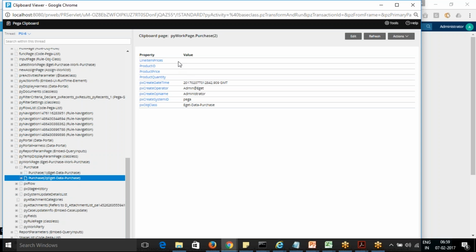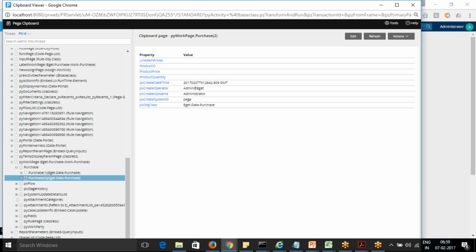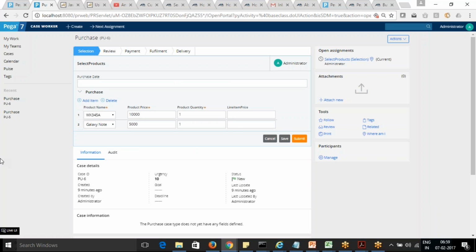Purchase 2 doesn't contain anything. You can see there. Still 2 doesn't have any values. Why is it happening this way? It doesn't work this way. I've already put in the values, so they should be there. Only in 1 there is a value, in 2 it doesn't have any values.